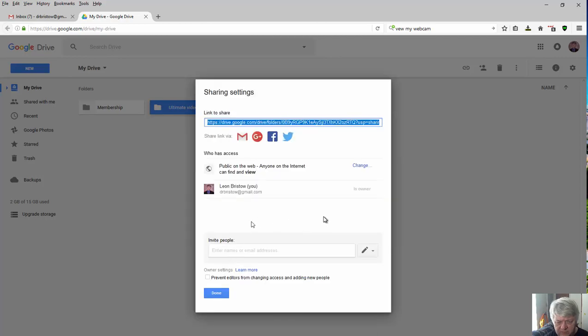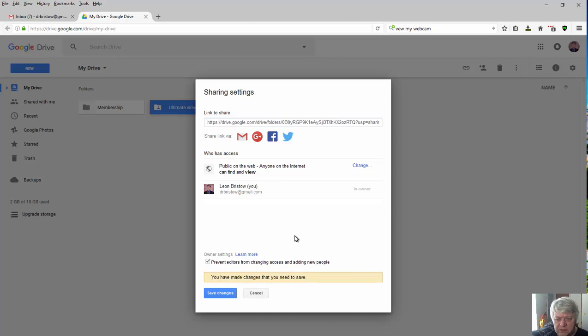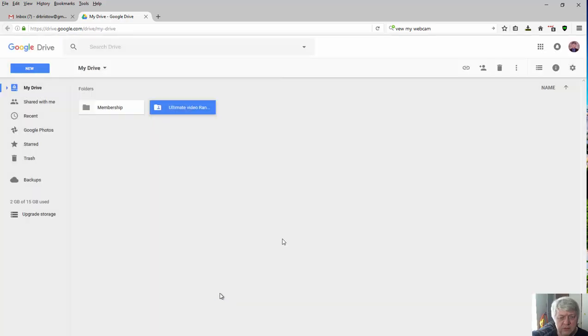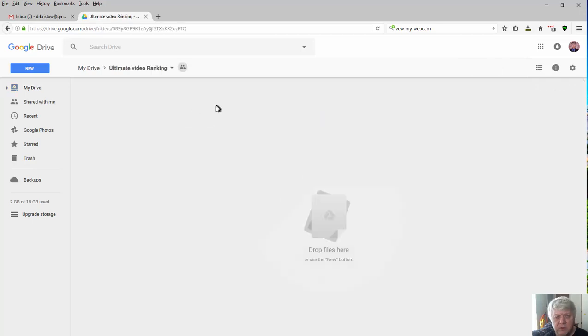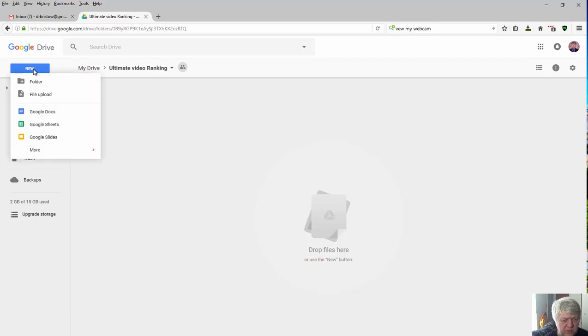Then you can do other stuff like prevent editors from changing access and adding new people. That's always a good thing to have in there, unless you want other people to mess with it, that you make editors, and then save your changes. Then you have your link up here if you want to get it for any particular purpose, and then just click done. Now let's get into the folder, and in this video what we're going to go over is Google Drawing. So the first thing we want to do is click on New, come down here to where it says More, and come down here to Google Drawing,